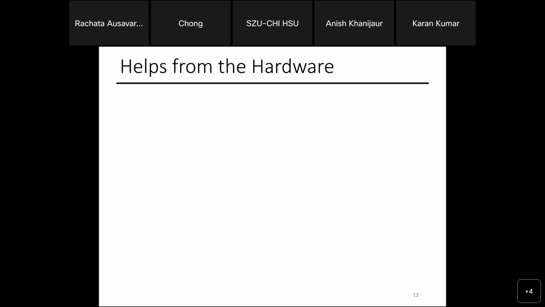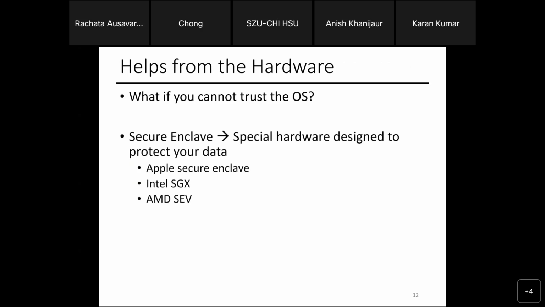Right? So one potential idea: how many people realize that your CPU also has a secure method to do things? For example, if you watch the Apple product launch for the iPhone, there was a time when they talked a lot about the security chips that they have. Why is that nice to have? It's another layer of protection, right? You have the hardware to keep protecting your data as well, because sometimes you cannot trust the OS.